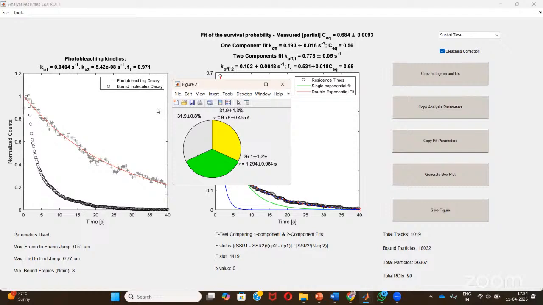Because average estimation based techniques like Western and all will lose the dynamic information. So to capture such fast dynamics, we use this single molecule tracking approach to study the dynamic interactions and the change in dynamicity, the dynamic differences that we cannot capture using the average based techniques. You can get in touch in case you need more information about single molecule imaging and tracking, and you can also write an email to understand more about this.